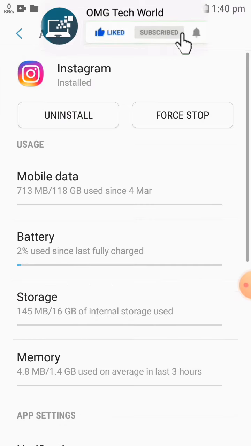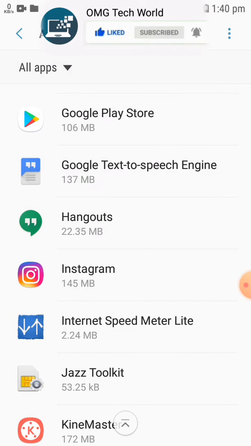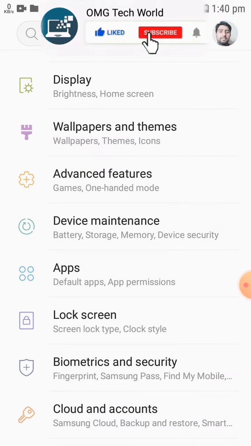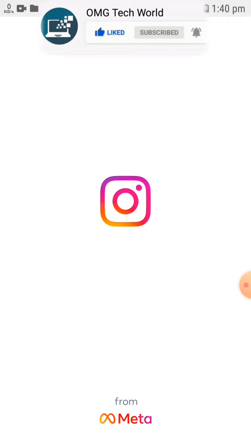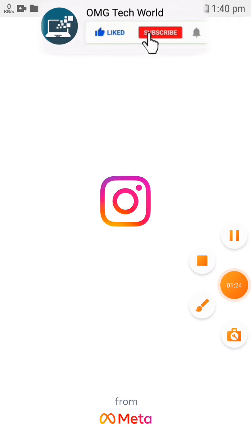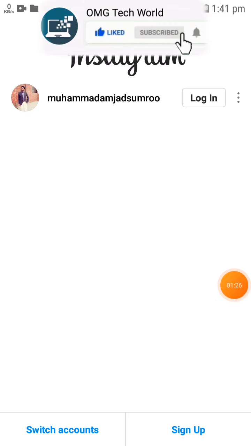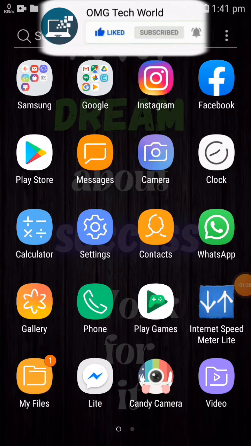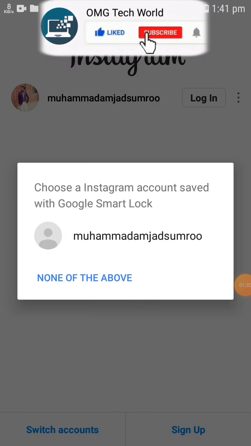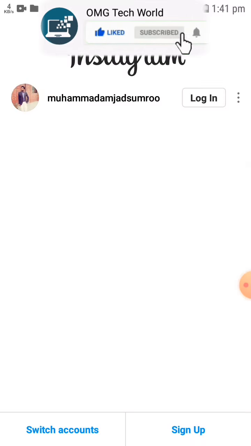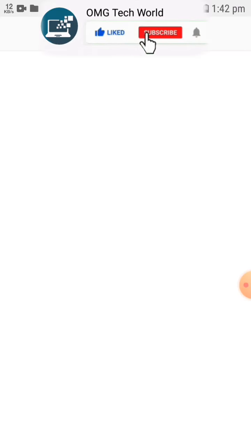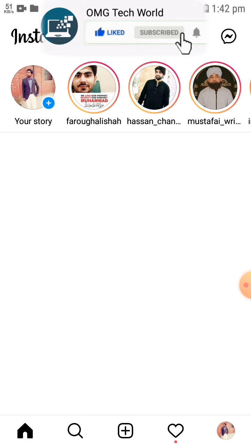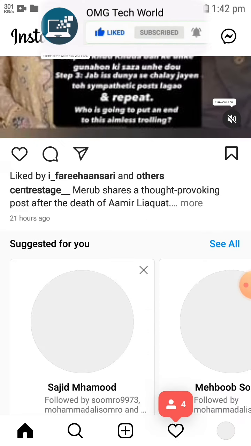After that you have to again open the Instagram app. For this you have to go back and again open the Instagram app. In this way you can log in again and hope this type of error will not occur again in your Instagram app. As you can see in the video, if I log in, then this error is not repeating on